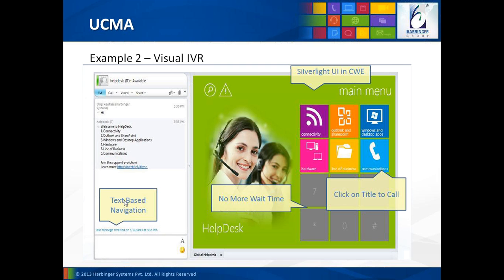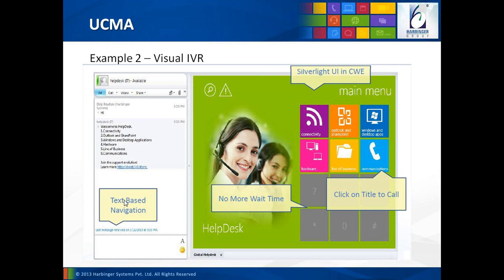On the right hand side, we have a Silverlight application doing the exact same functionality, but the user can navigate by clicking. The interesting thing in this application is that the two panes, the conversation pane and the pane in which the Silverlight application is loaded, are always in sync. This is possible because the actual conversation and the Silverlight application can exchange contextual data.